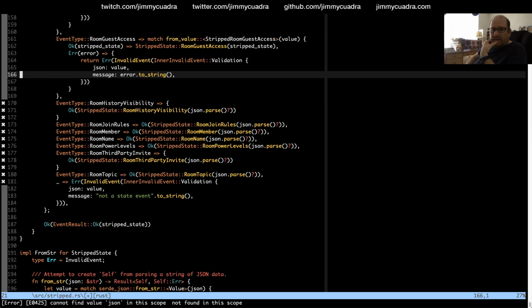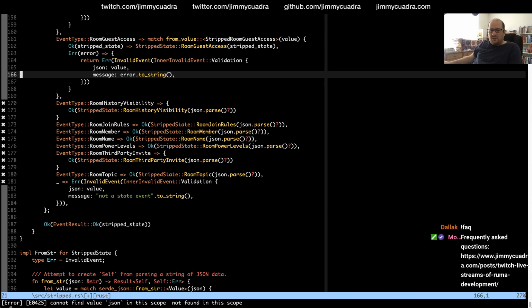Dalek, hello, what are you doing? I'm working on Ruma, which is a Rust program that implements a protocol called Matrix, which is a communication protocol. Yeah, check out the FAQ. It kind of answers some of the basics. Unfortunately, I'm pretty deep into what I'm working on now. I don't want to re-explain all the stuff that I talked about at the beginning of the stream.